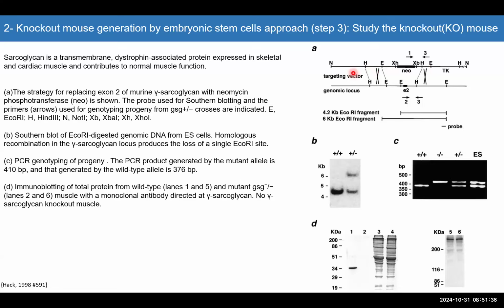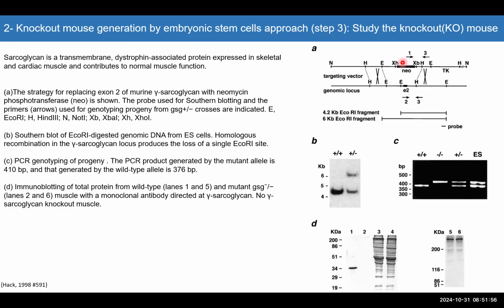One possibility is that you have one copy of the neomycin cassette and one copy of exon number 2, and that's the heterozygote you get in the second generation. You can have the possibility where two copies were replaced by the neomycin cassette,